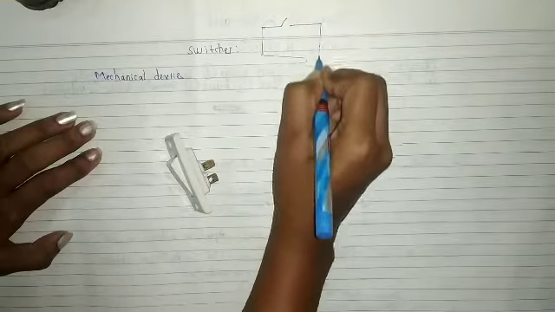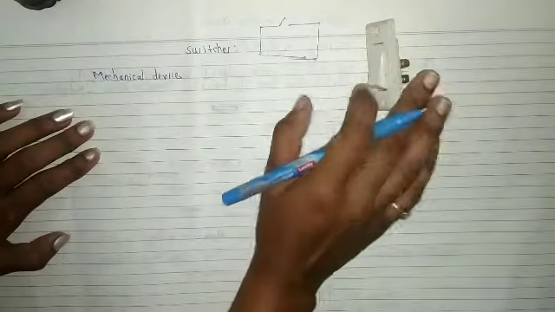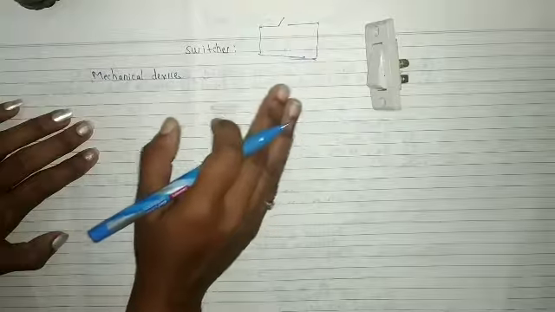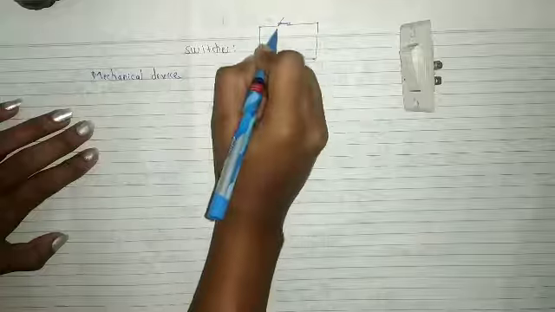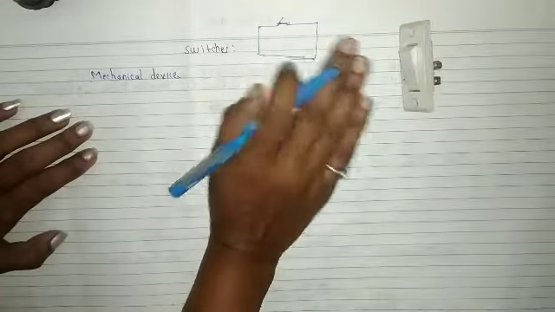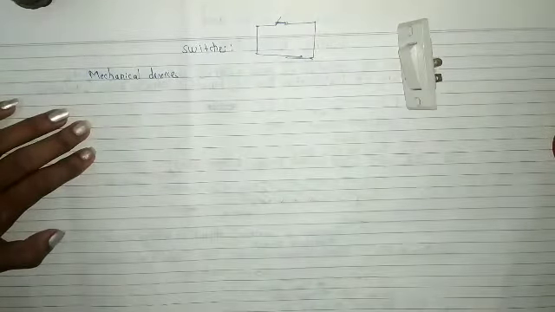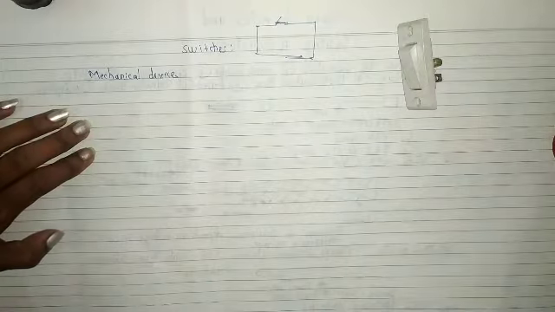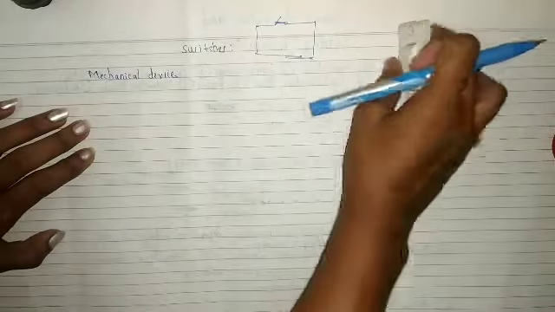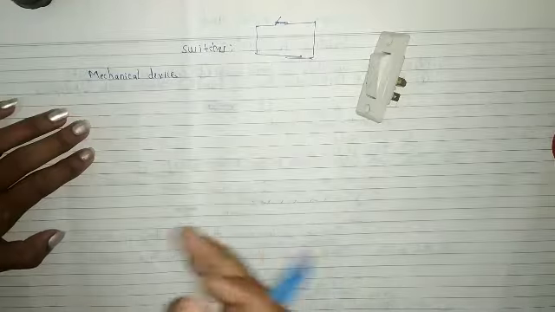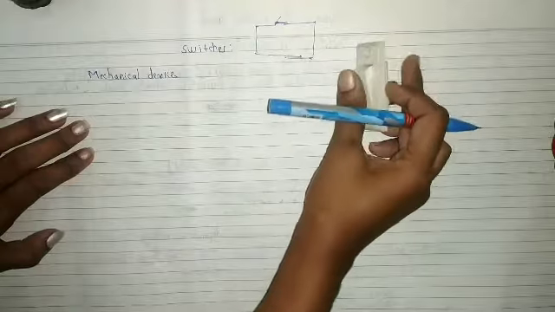So this is our switch, and consider this is our circuit. Now this switch is open, that means it is off. Now we want to make the circuit, so we close this switch, that means it is on. So this switch provides manual operation to make or break the circuit. It must make the circuit firmly and break the circuit instantaneously. That means the switch must operate very quickly. If there is a need to turn off the circuit, the action of the switch must be instantaneous.